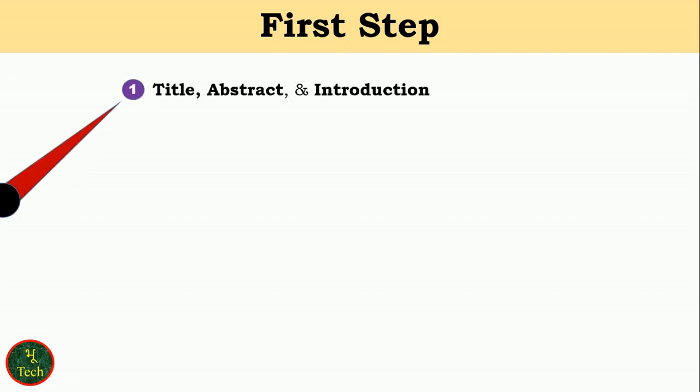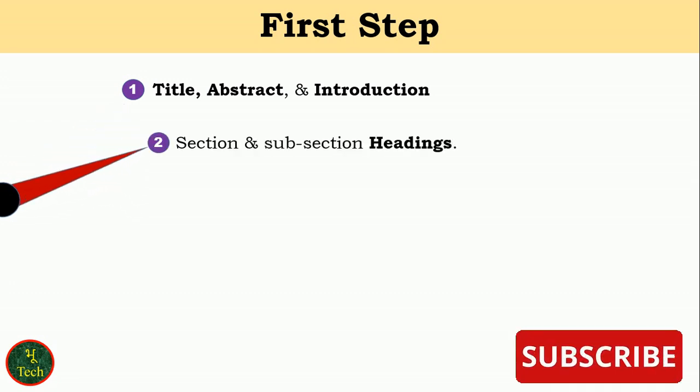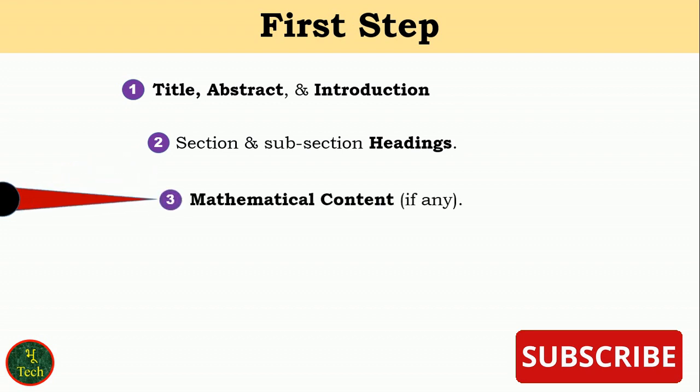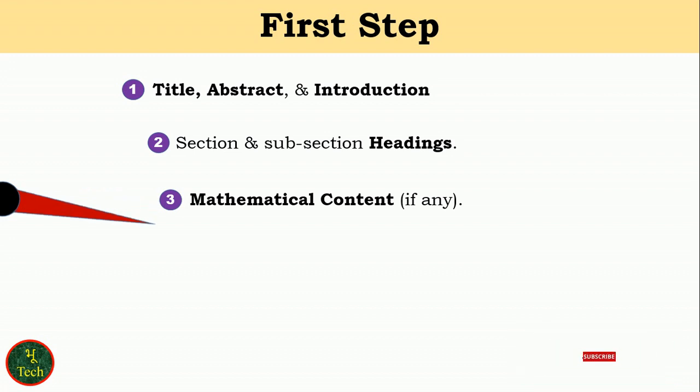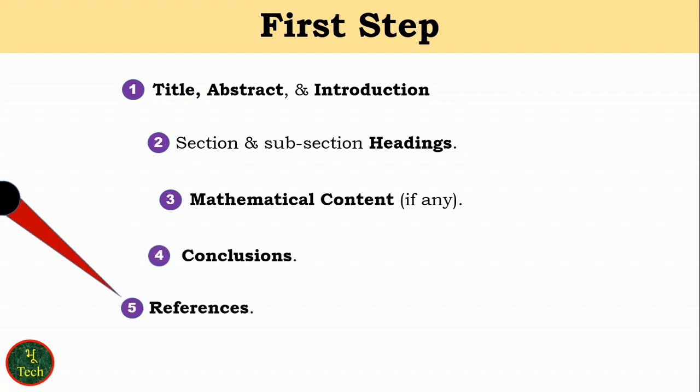It is a quick scan to get a bird's eye view of the paper, and you can decide whether you need to go for the next step or not. This step should take 5 to 10 minutes and has the following sub-steps. Carefully read the title, abstract and introduction. Read the section and subsection headings but ignore everything else. Take a glance over the mathematical content used in the theoretical foundations and read the conclusions. After that, take a look over the references.